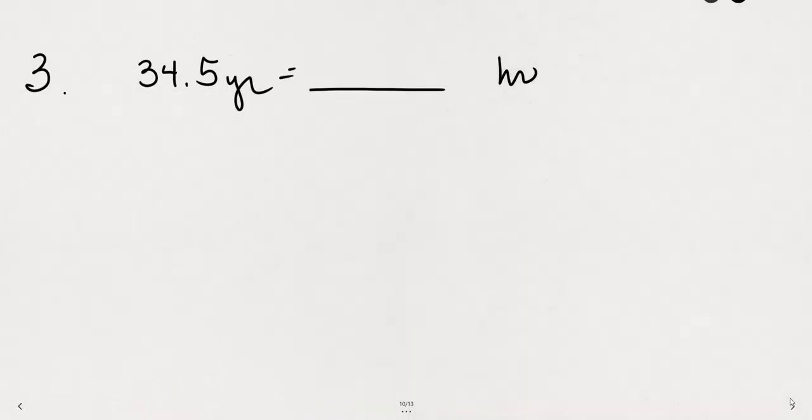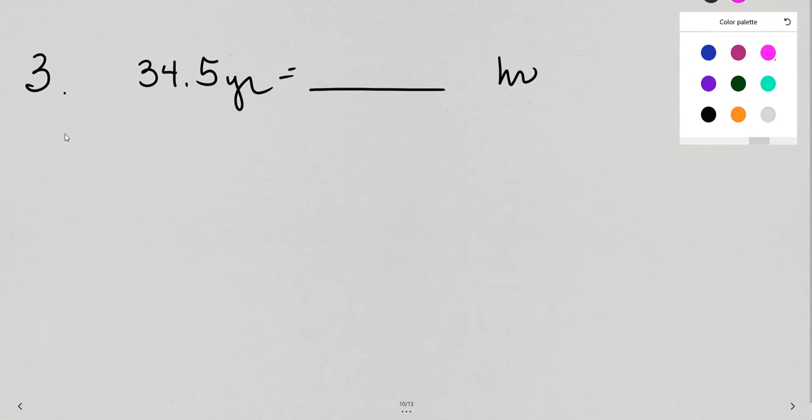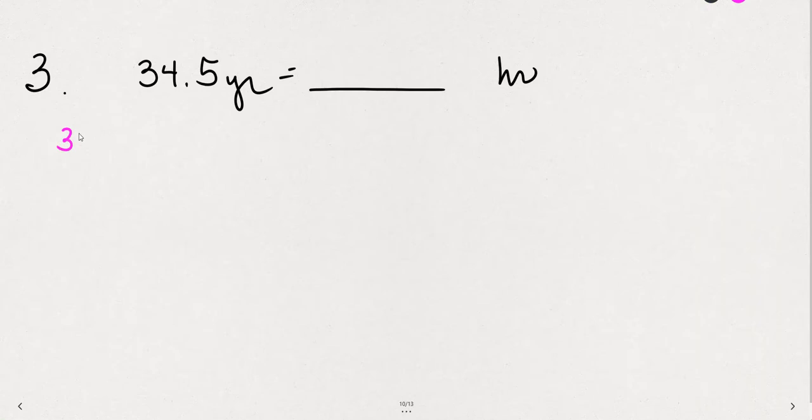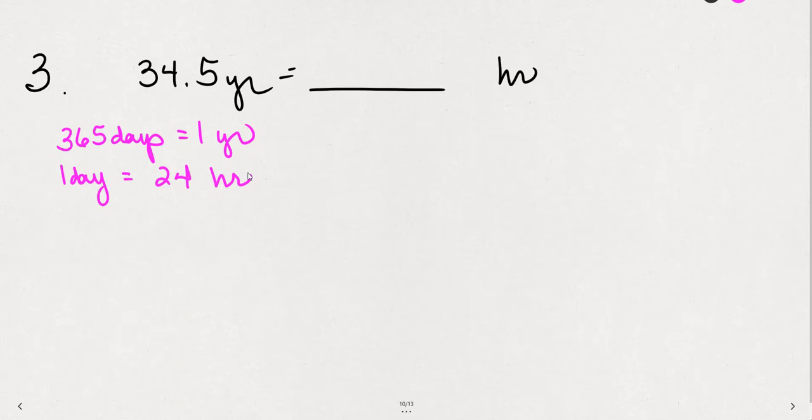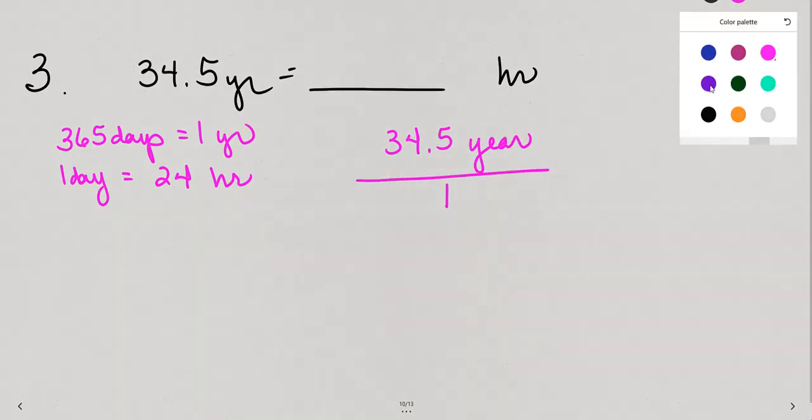Let's try one that is maybe a little easier to grasp. If we wanted to go from years to hours, we'd have to know a few things. Let's jot down the different unit fractions or conversions we need. We need to know that there's 365 days in a year. We need to know that one day is 24 hours. So to convert this, we'd start with the 34.5. I'm going to keep the unit, year. I'm going to write that unit in over 1. And now I'm going to multiply